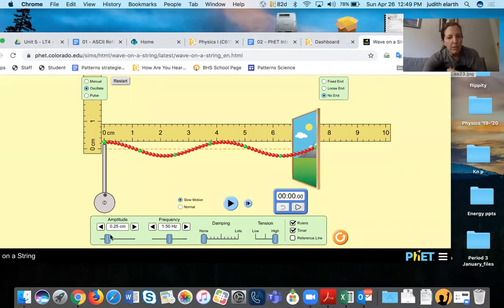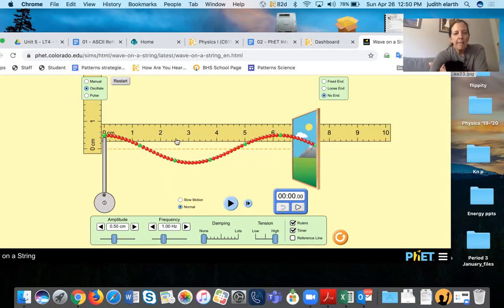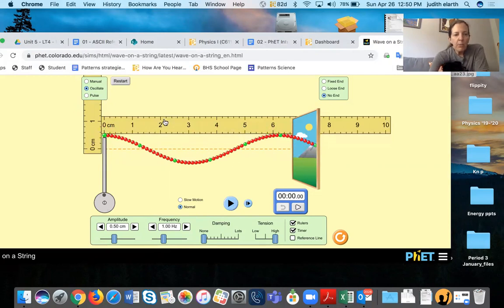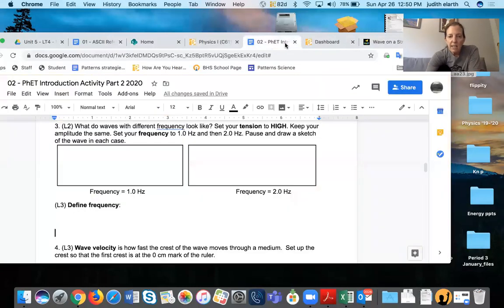I'm going to make my amplitude a little bit higher so that I can just see it. So you don't have to, but I'm going to make mine be 0.5. And it says make your frequency be 1 and then 2. And so I'm going to leave damping at none, tension at high. I'm going to let it run. Okay, there we go. So I've got my wave. And if my amplitude is at 0.5, I'm just going to move this up. Okay, all right. So the question is,